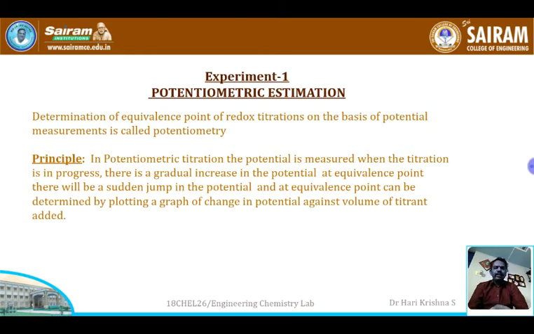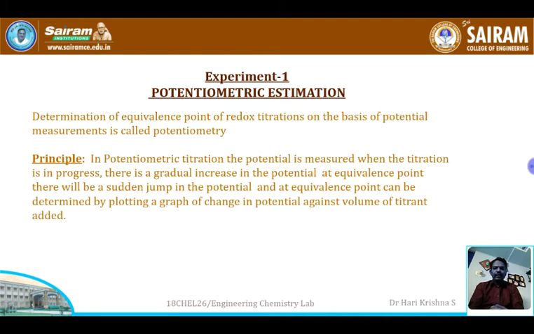In a potentiometric estimation, the equivalence point or end point of redox reactions will be determined. What do we mean by redox reactions? Redox reactions mean simultaneous oxidation and reduction takes place. In order to determine the end point or equivalence point of redox reactions, we need two electrodes: one reference electrode and one indicator electrode. With respect to the reference electrode, the indicator electrode will pick up the potential, and the signals will be converted to digital numbers and displayed in the potentiometer.